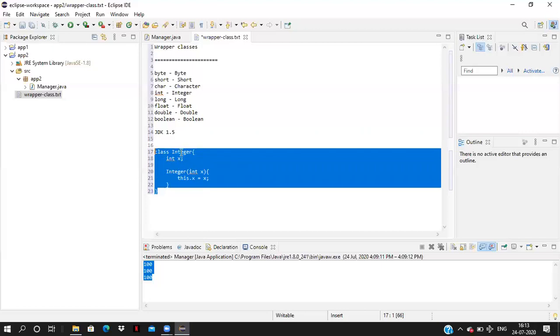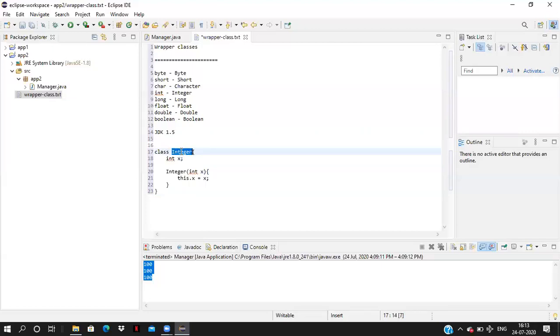Inside Integer, for every wrapper class, if you create an object of the wrapper class, they are just getting the value from the constructor and putting it into the primitive data type variable. We are just wrapping the data using the wrapper classes. Why do we need wrapper classes? The wrapper class is a class for each and every primitive data type. We are just taking the value from the wrapper class object and putting it into the same primitive data type.